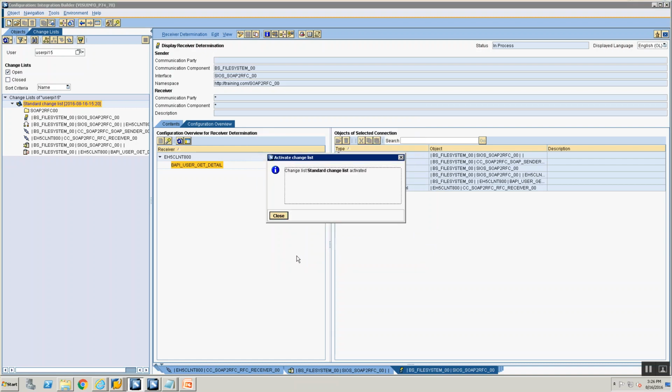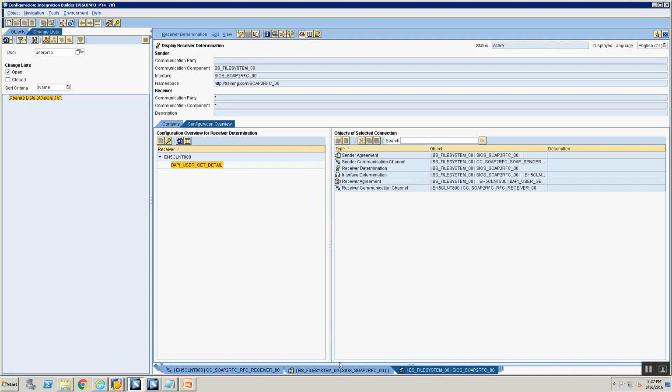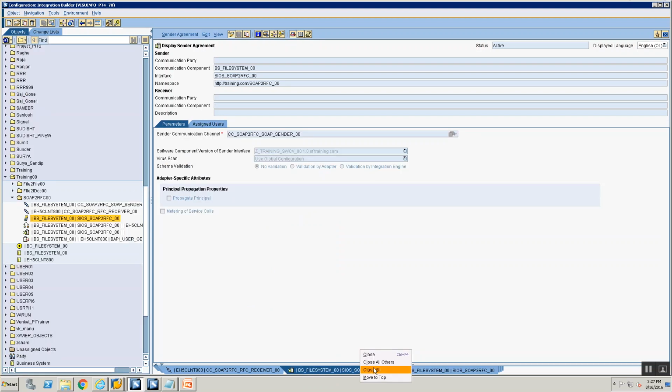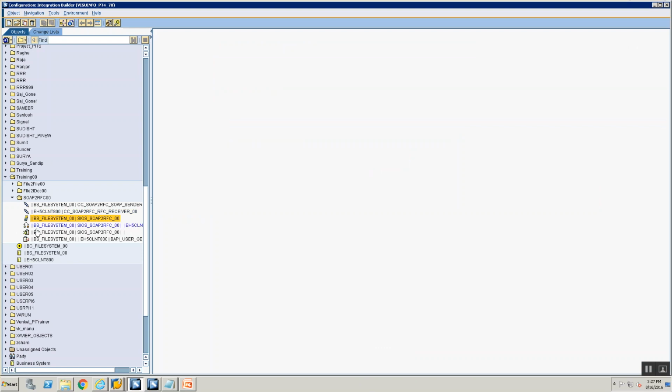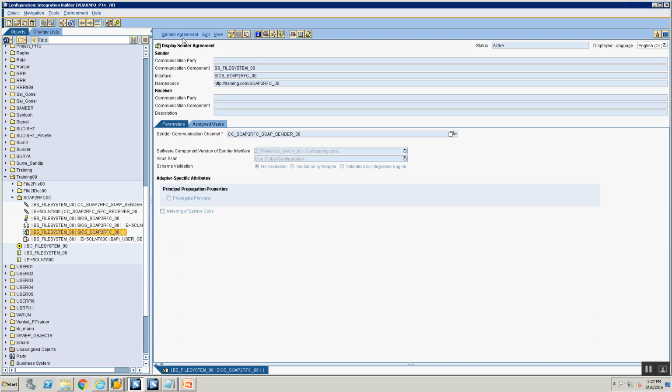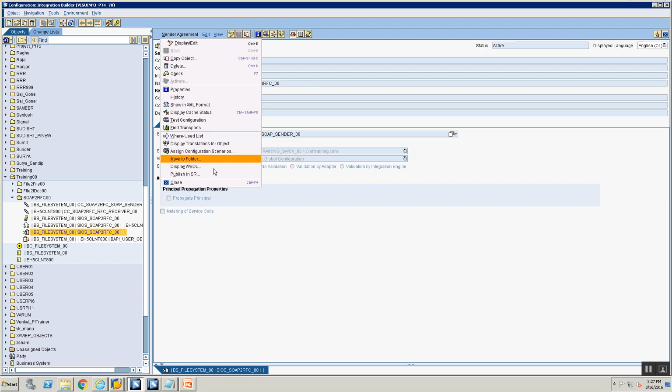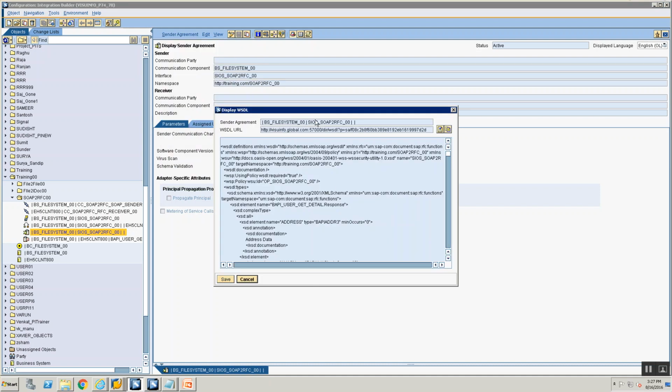And now that you're done, the next step is going to be a step that you're going to do for the first time. You're now going to go ahead and open your sender agreement object. So I'm going to go ahead, close all my objects. And once I close all my objects, I'm going to navigate to my sender agreement. This is my sender agreement. It's very easy, just use your tooltip, it will tell you what type of object. Go to sender agreement, and once you go to sender agreement, open your sender agreement and go to the menu at the top, and you will see this option that says display WSDL.